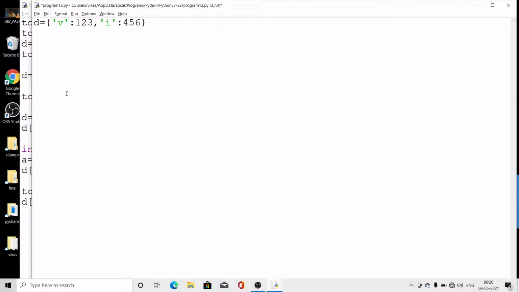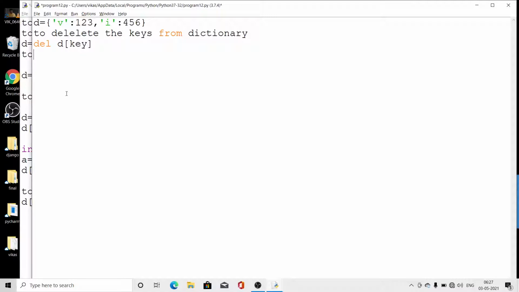So we are going to learn how to delete keys from a dictionary. For deleting, we have the del function. How will we write the syntax? Del D of key, the key name.